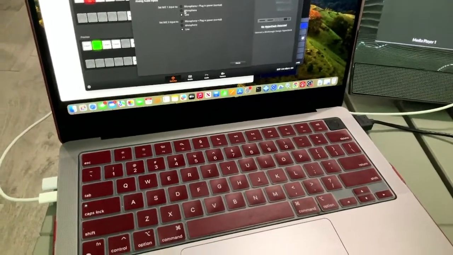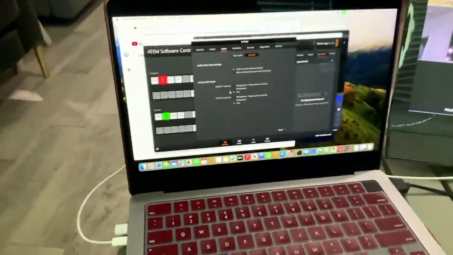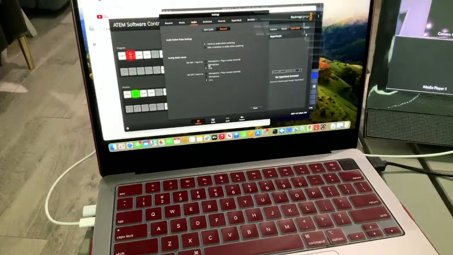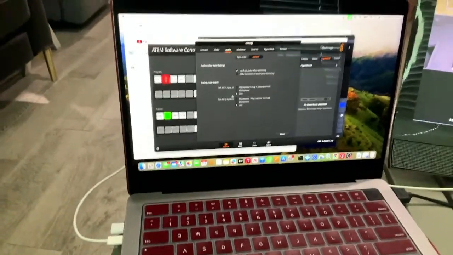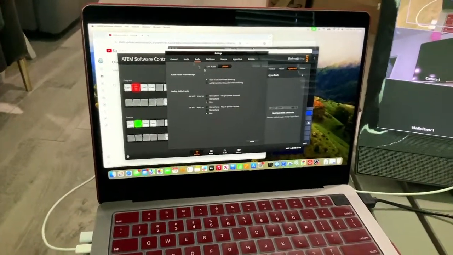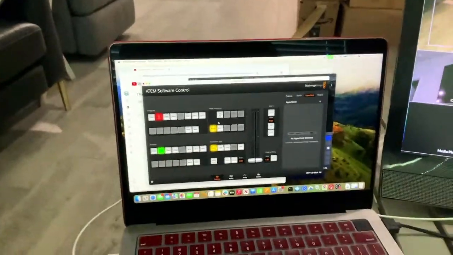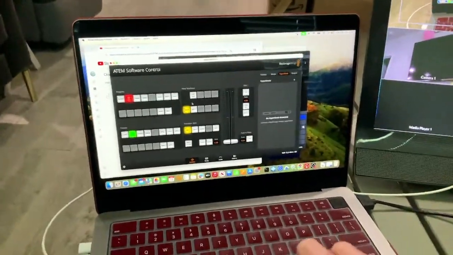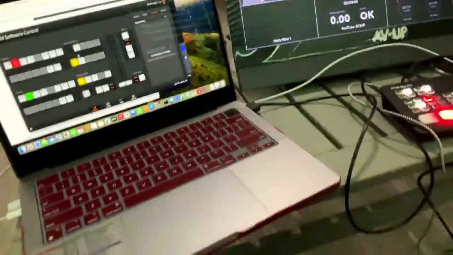It defaults at microphone. So if you're going to be coming out of a mixer board or something that's line level, you need to go to line level, because a microphone is looking for a weak signal. So if you put line in it, you're going to possibly have some problems. Push done. This is the Atem Mini software control. You can get it on the computer. Also showed you an option on my phone